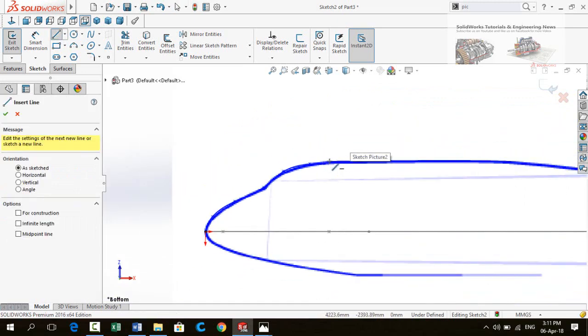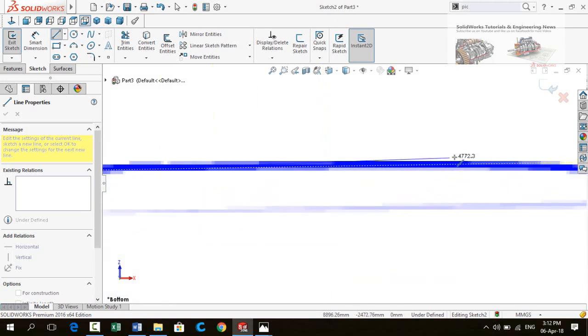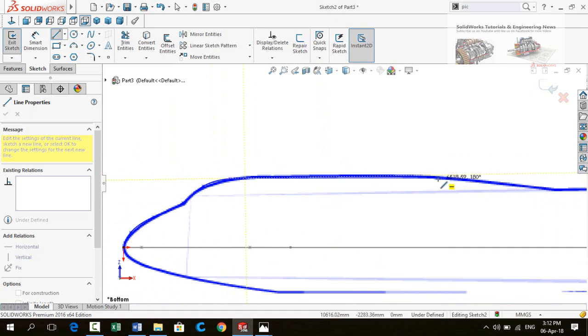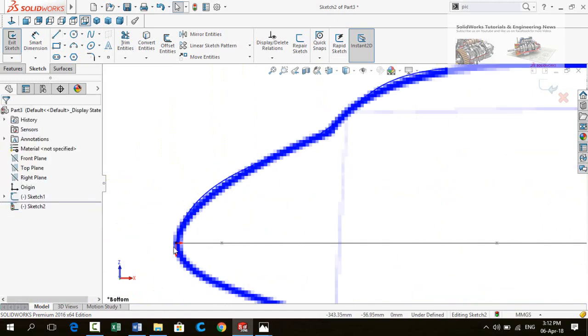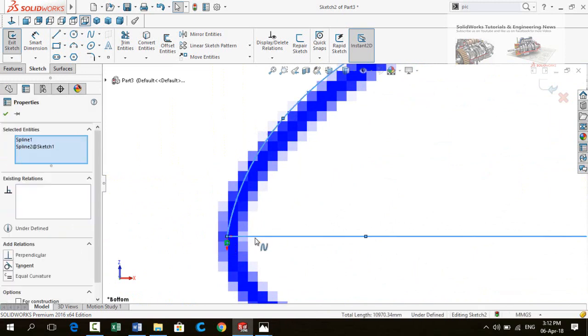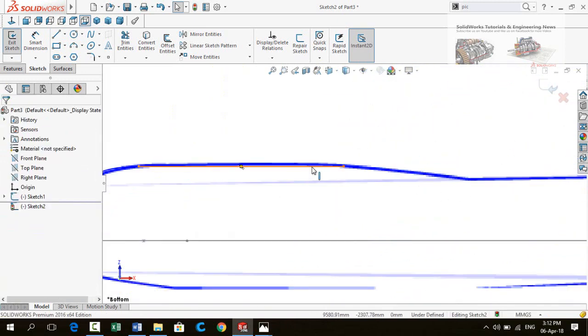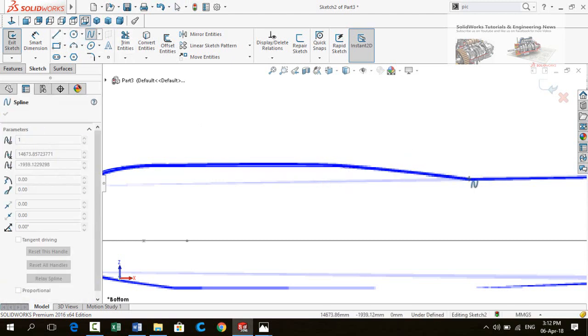Now draw a line. Select this line and then this line. Make their relation perpendicular. Now again spline and start it from this point.